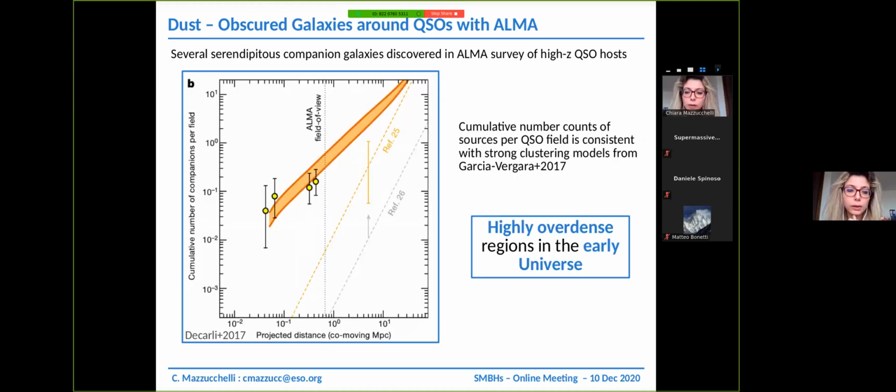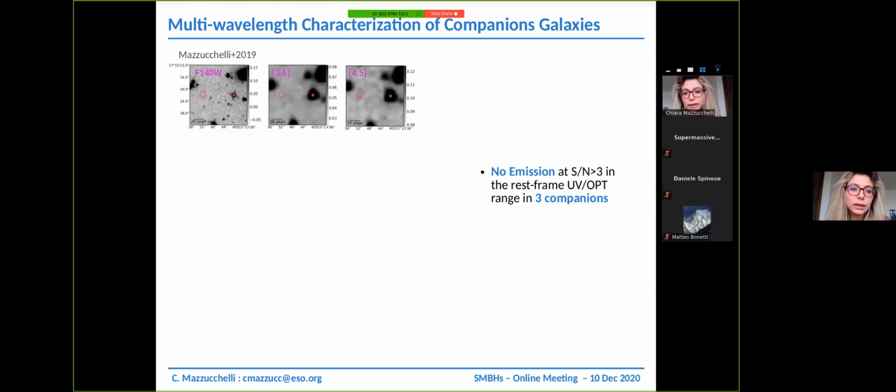If, for instance, you plot the cumulative number of the companions in the field as a function of the projected distance to the quasar and compare it with what is expected in case of no quasar, so the dashed lines here in the case of two different backgrounds, you see that these are indeed highly overdense regions in the early universe. In order to understand these cases and the properties of these galaxies, what we did back in 2019